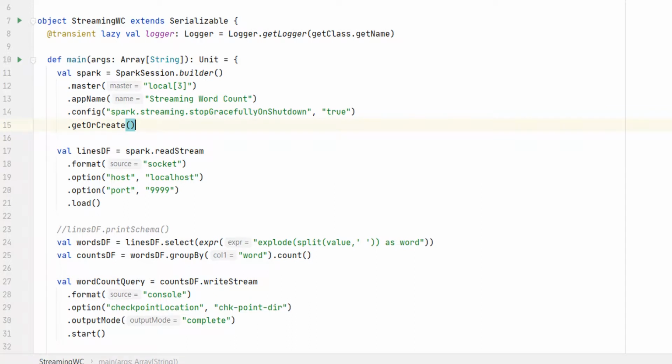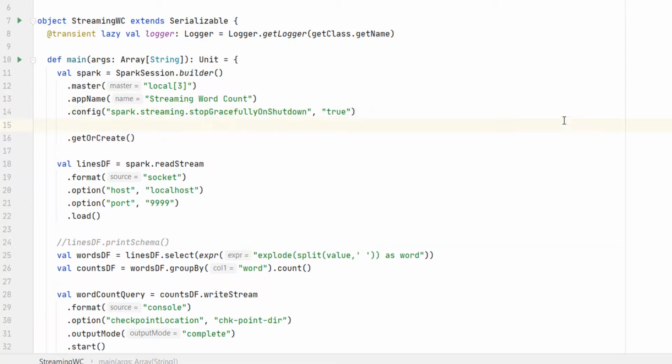However, I'm applying a group by transformation in this example. And you know that the group by will internally cause a shuffle operation. You also know that the default shuffle partition configuration is 200. And that's a large value for this tiny and straightforward word count application. So your application might run slow because it will be unnecessarily working with 200 partitions. So let me set the Spark SQL shuffle partitions to a lower value. Great, we are done. Do you want to run it?